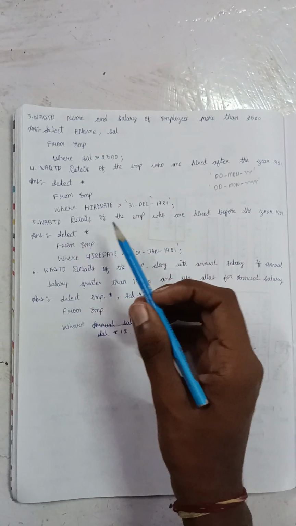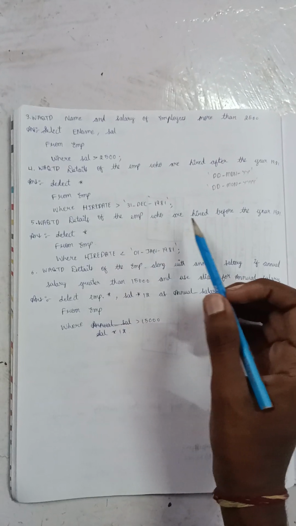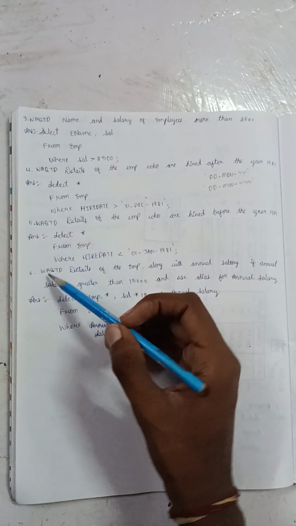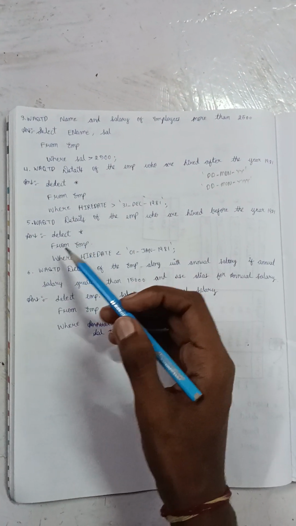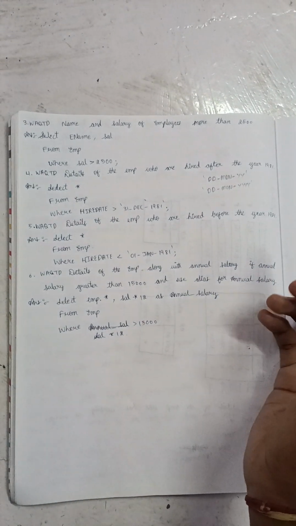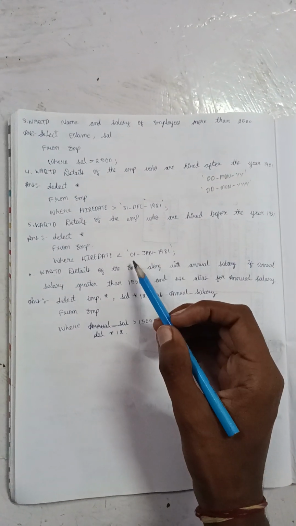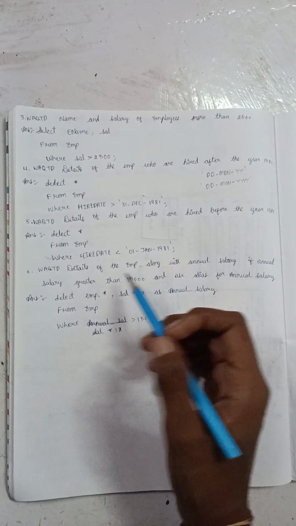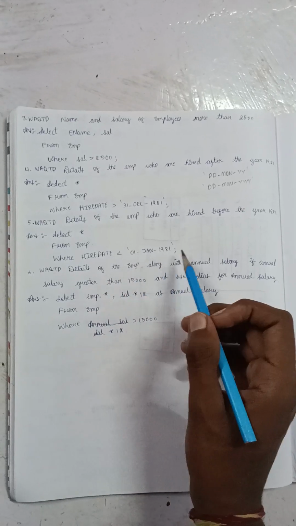Write a query to display the details of the employees who are hired before the year 1981. Same as above: SELECT * FROM employee WHERE hire date less than, we want before 1981, so '01-JAN-1981' with single quotes;